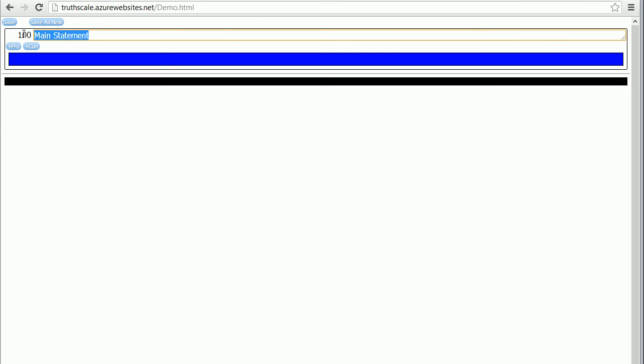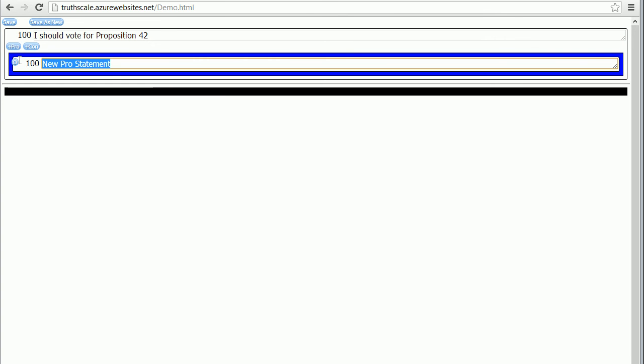And so for our main statement, I should vote for Proposition 42, which is a mythical proposition in our local neighborhood. Let's say a pro: the proposition will reduce traffic in the area.